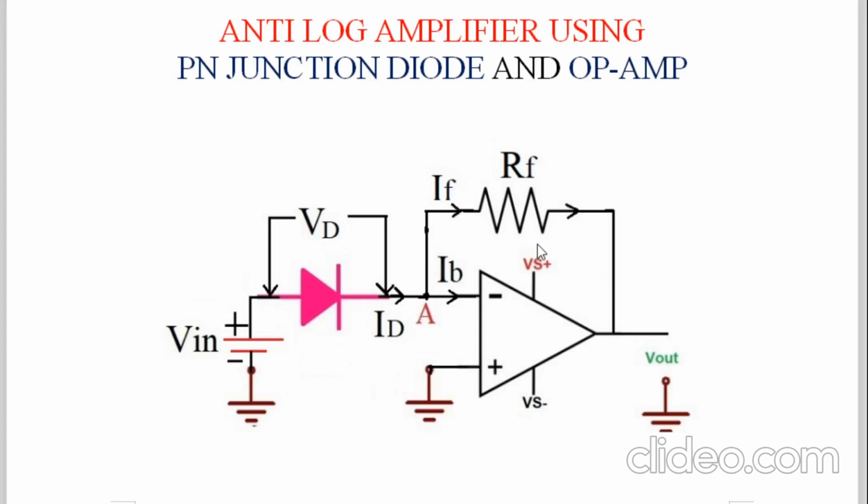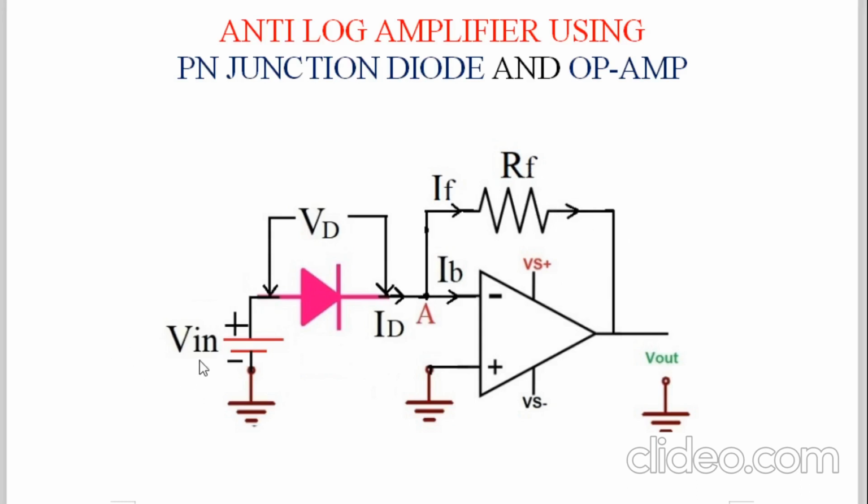If you draw this diagram very carefully, then it is very simple to derive the anti-log amplifier equation. Now let us start the derivation. We start from the left-hand side. We apply Kirchhoff's voltage law, the potential difference logic, and Kirchhoff's current law. Then we go to this path. We cannot go inside the op amp because the input resistance is very high. That is a standard procedure to remember. Then we go into the feedback path and apply the potential difference logic to calculate the voltage across RF, and we will also use Ohm's law.